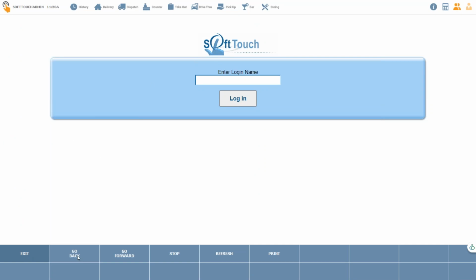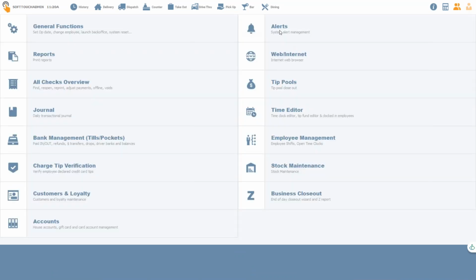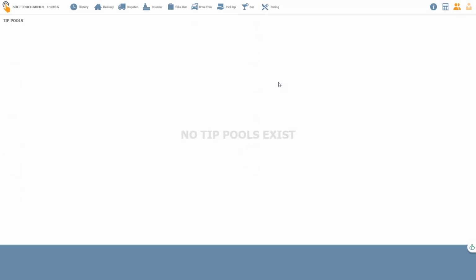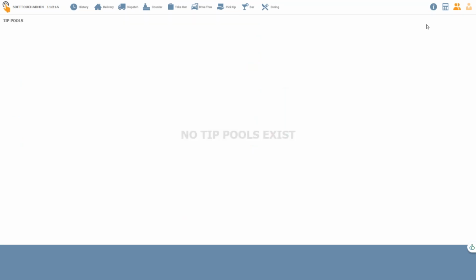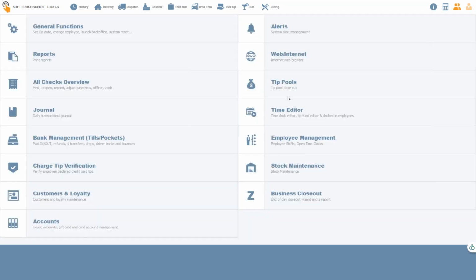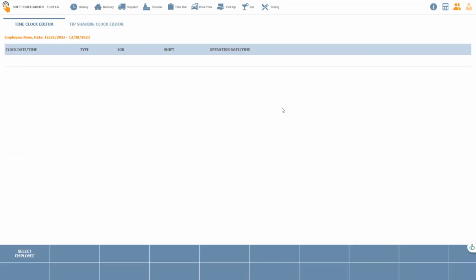And you have your login. This is something that I don't ever use. Here's your internet browser. Again, you can set this up in your function buttons on your screen to go directly to Chrome. This is where you can review all of your tip pool activity, as the manager. So it'll show your tip pools and the dispersions. Your time editor